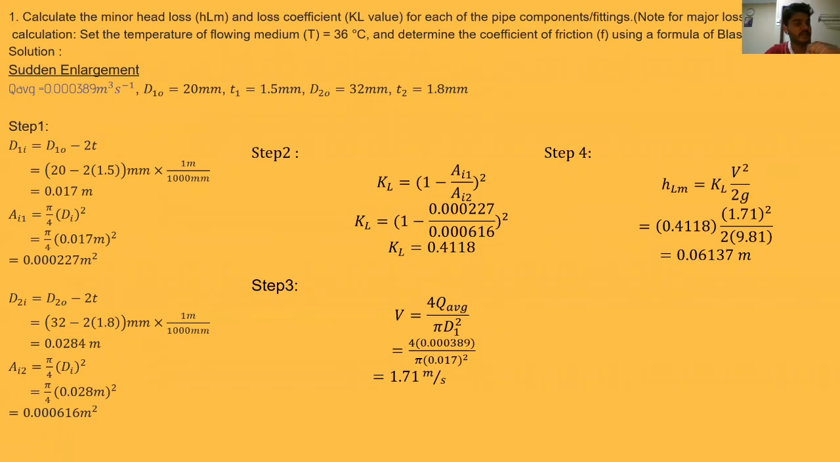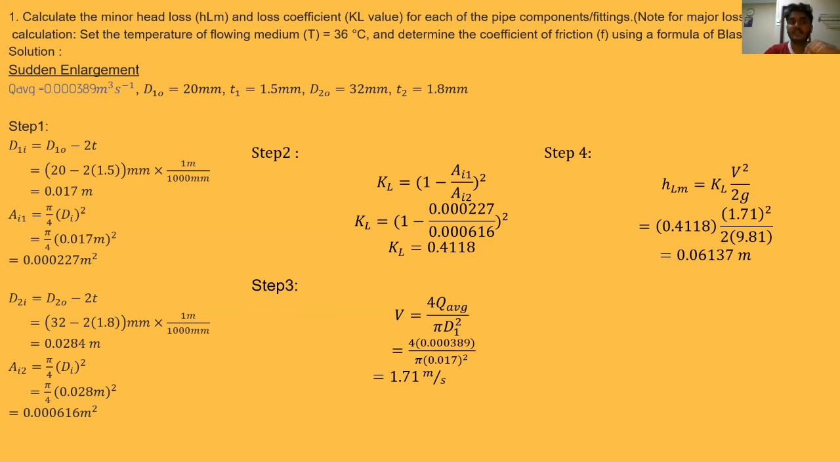area of the first pipe, which is 0.000227 meters, and the diameter of the second pipe is found using the same formula, and the area of the second pipe is found using the same formula as well. In the second step, we have to find the KL, and in the third step, we have to find the V, which is the velocity, in order to find